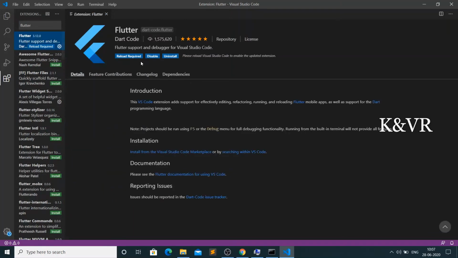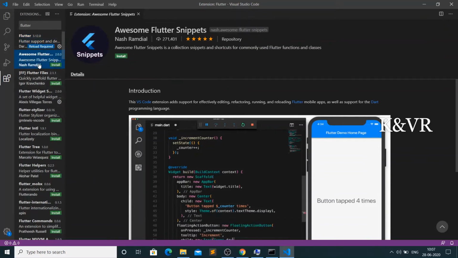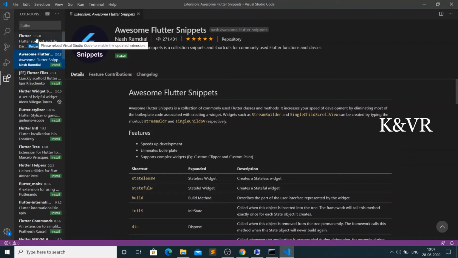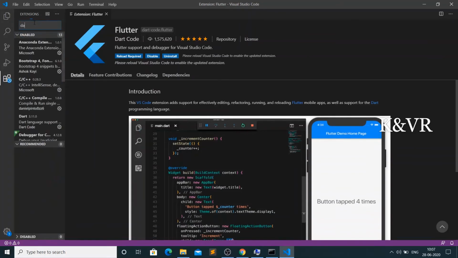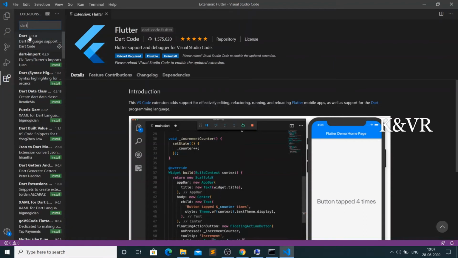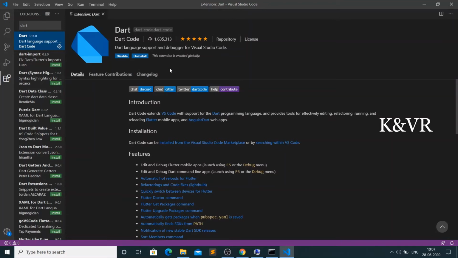Flutter will come here, and I have already downloaded it, so install is not available for me. You will see an install button like this, so you can download and save Flutter. Let's see Dart. Dart is the language for Flutter. Dart is automatically installed with Flutter, so you don't need to install it.